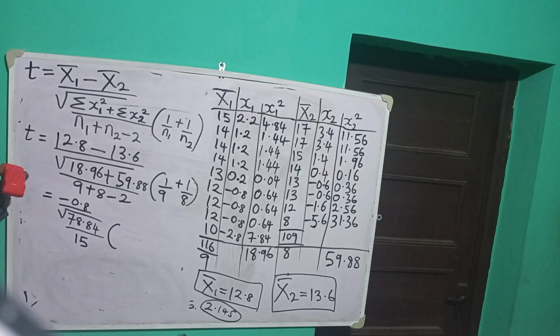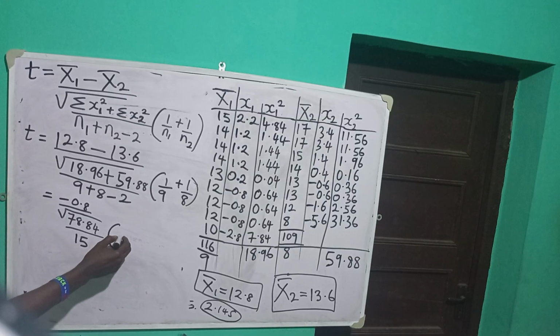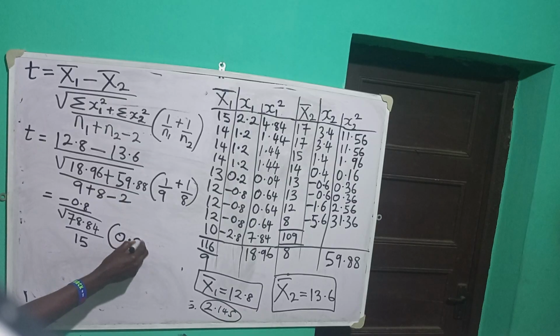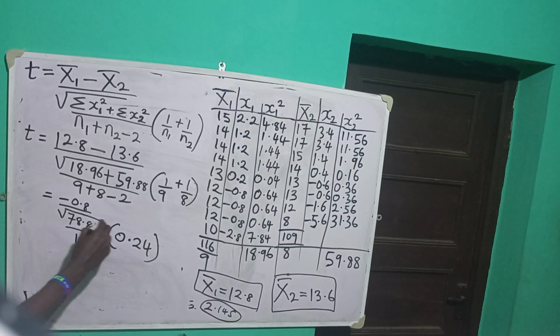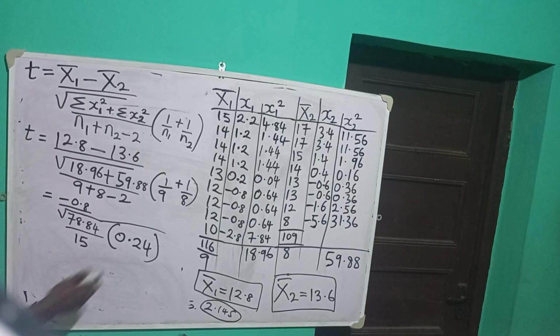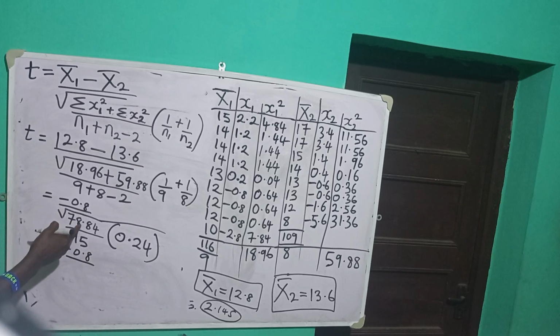When you add this, you get 0.236, which can be approximated to 0.24. So the next thing, this will now be equal to minus 0.8, as I have here, divided by